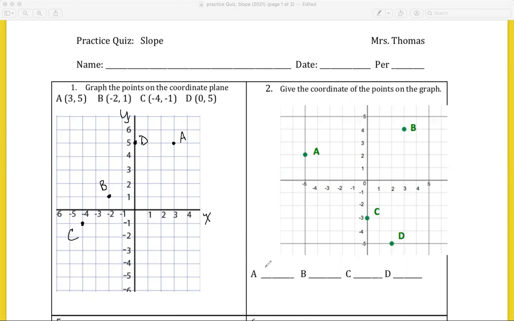So point A is right here above -5 and across from 2. Point B is above 3 and across from 4. Point C is on the y-axis. So the x-coordinate is 0 because I'm above 0 on the x-axis, and -3 for the y. D is below 2 on the x-axis, across from